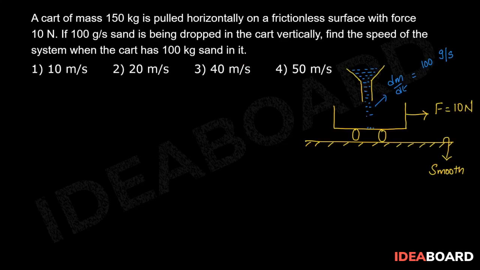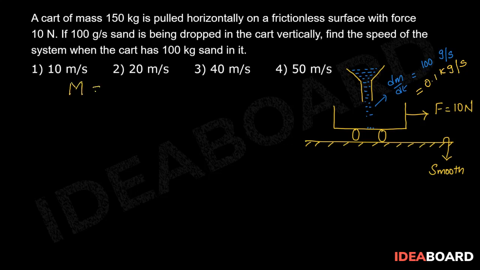This is the situation which is explained in the problem. Sand is being dropped into the cart vertically at a rate of 100 gram per second. So this can also be written as 0.1 kg per second. Now the time after which the cart gets filled with 100 kg of sand is given by